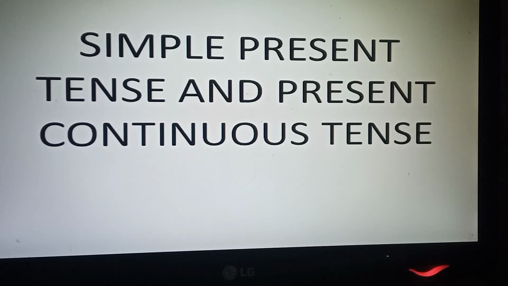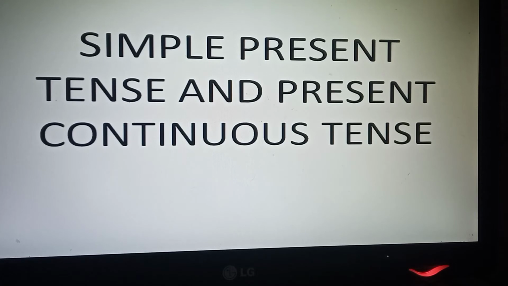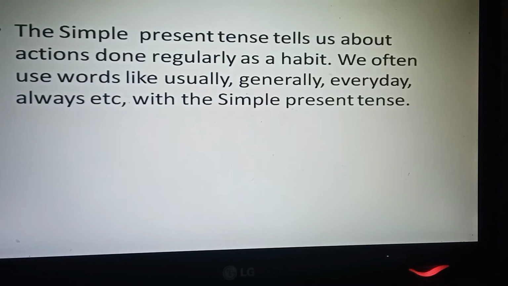What are tenses? Give a definition of tenses. The tense of a verb tells about the time of an action. The tense of a verb shows when an action takes place: in the present, past or future time. So we are going to go into detail. What are simple present tense, simple past tense, and simple future tense? First, we will learn about simple present tense.